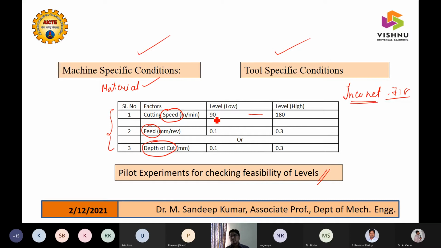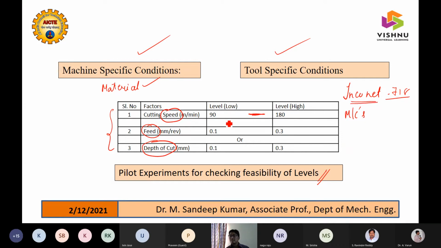So what does this range cover now? Inconel 718 has a machinability range of 90 to 180. The range covers all the machines. If you have a very rigid machine, you can go for higher levels of speed.